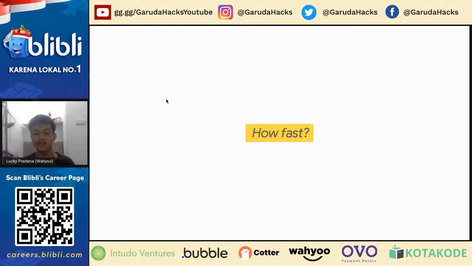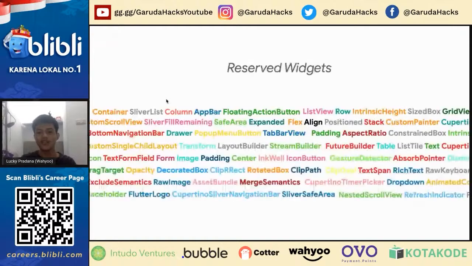And the first thing you need to know is the widget. Flutter has hundreds of widgets, but actually you don't really need that many to build your first app. So I have some tips